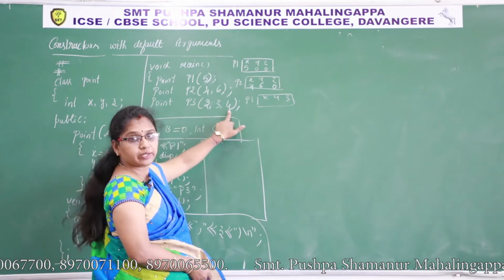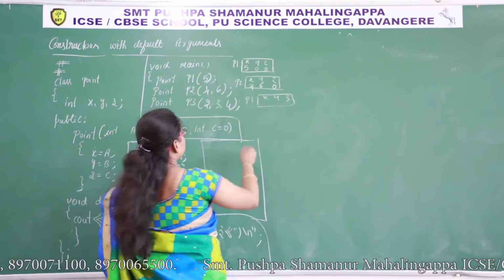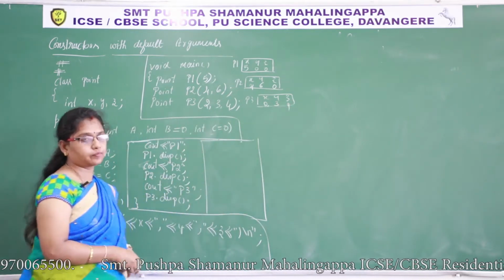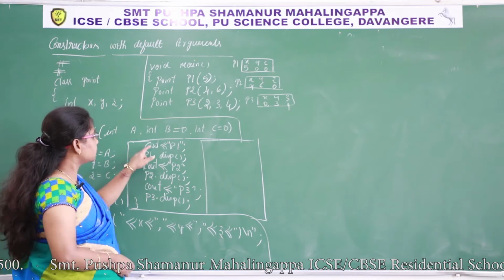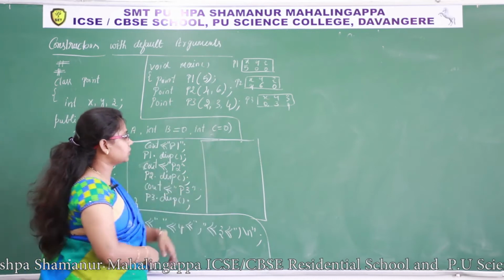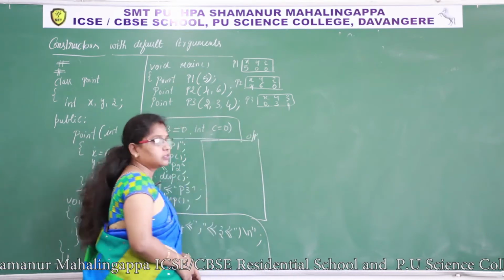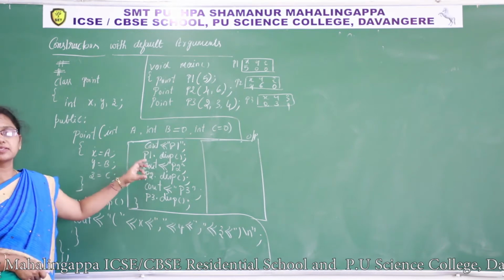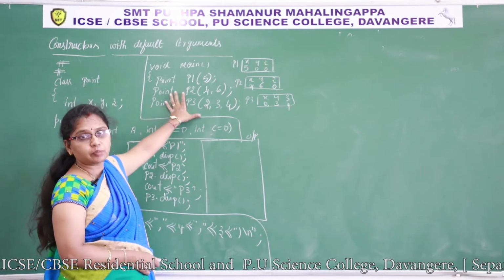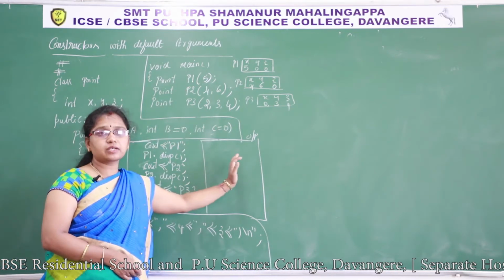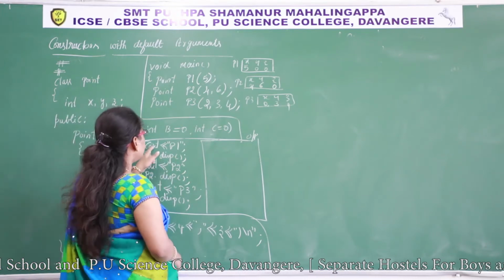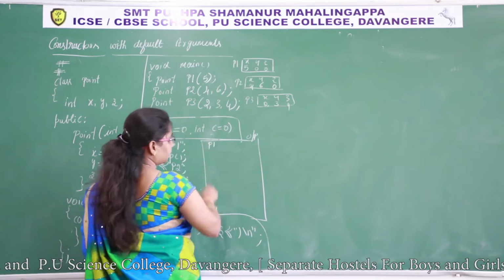And one more object is there, p3. Here I am passing all arguments. 2 goes to a, so x becomes 2, y becomes 3, and z becomes 4. Now after that, which is the statement here? Cout p1. So this is the output screen, no? Only the statements present in cout will be displayed on the output screen. This is the calculation part, the internal process. What you are going to see on the screen is what you display in the cout statement. Cout p1, so p1 will be displayed here.